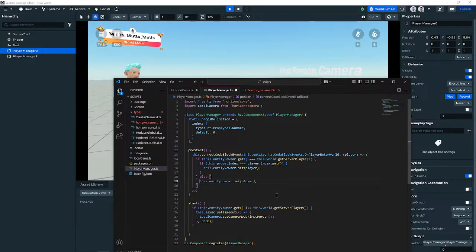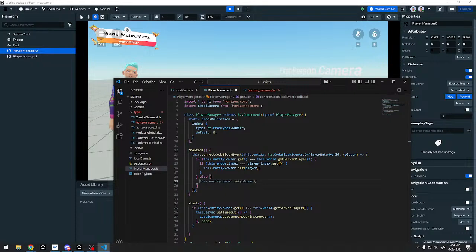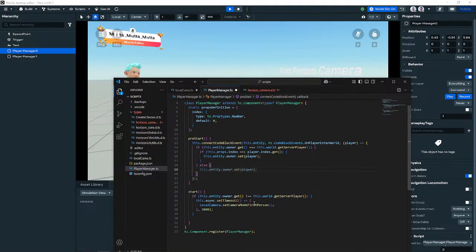To work. That's cool. I'm going to try to figure out why the trigger doesn't work. So you did get it to work? Yeah, the player enters world, but not the trigger enter. Gotcha. Cool. So for trigger enter,